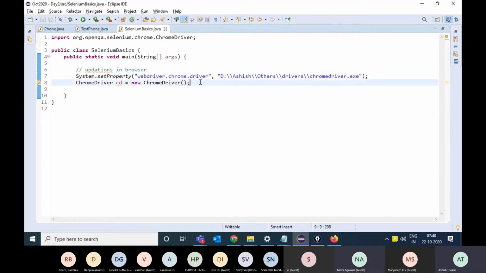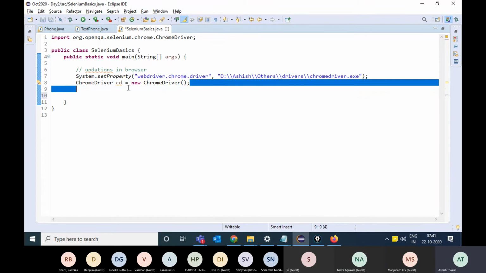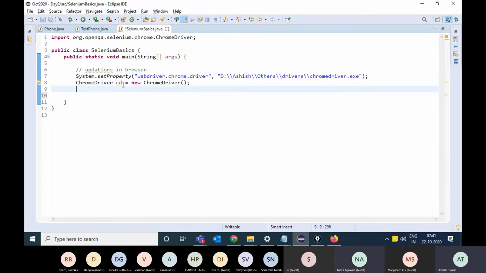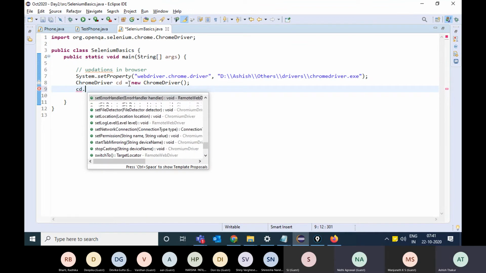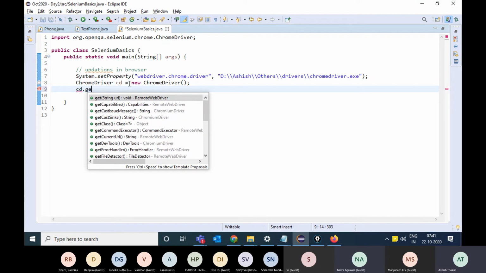Now, once the browser is opened, you have the object of the Chrome driver class. This object has a lot of functions. Ashish, in case of grid, when you are executing parallelly on multiple machines, then also we need to keep this exe on all the machines on which we are going to execute?